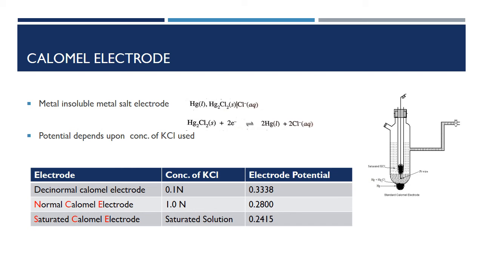The electrode potential depends upon the concentration of KCl used. As can be observed, as the concentration of KCl increases, electrode potential decreases. When the concentration of KCl is about 0.1 normal, electrode potential is 0.3338. When the concentration of KCl is 1 normal, it is called a normal calomel electrode and the electrode potential value is 0.28. When KCl is a saturated solution, it is called a saturated calomel electrode and the electrode potential value is